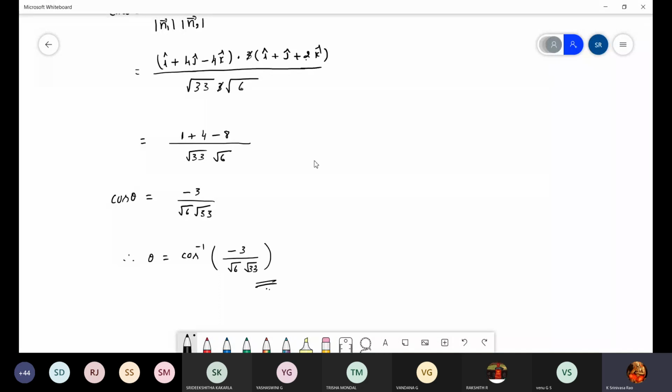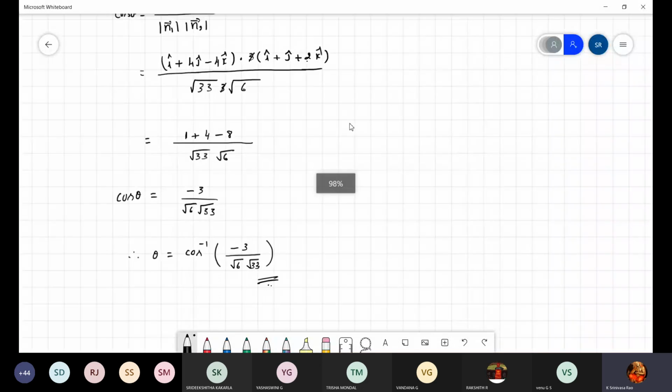This is the procedure to calculate the angle between two vectors. Whatever the vectors, if they ask for the normal vector, you calculate grad phi, it is a normal. Sometimes for one surface they will give 2 points, this is the problem, and maybe they will give two surfaces and 1 point. So the next problem is related to that.